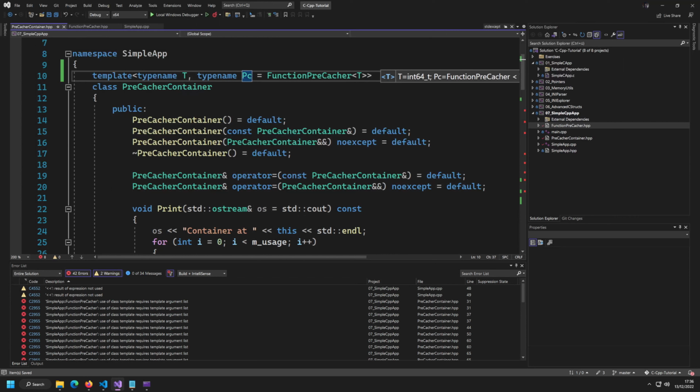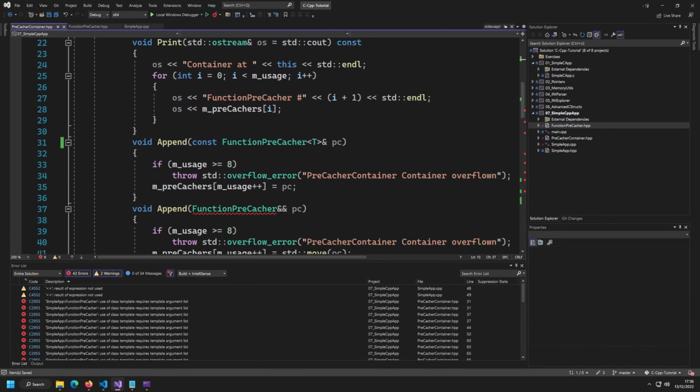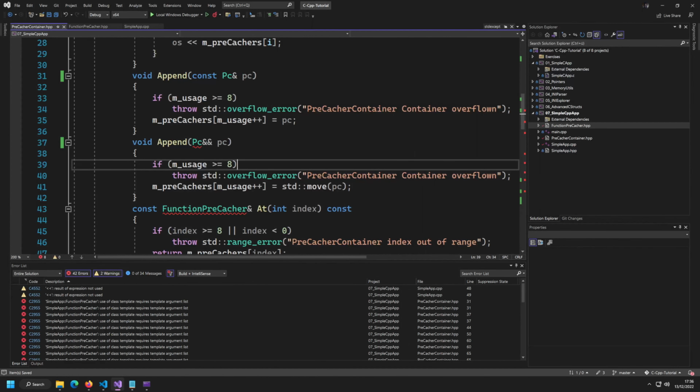But I'm just going to call this PC here. And by default, it's going to assign this default value. So if you're defining something like int, then PC is going to be equal to function precache of int. And now what you can use is your PC instead of always writing down what you got here. So you can select like const PC, PC move,